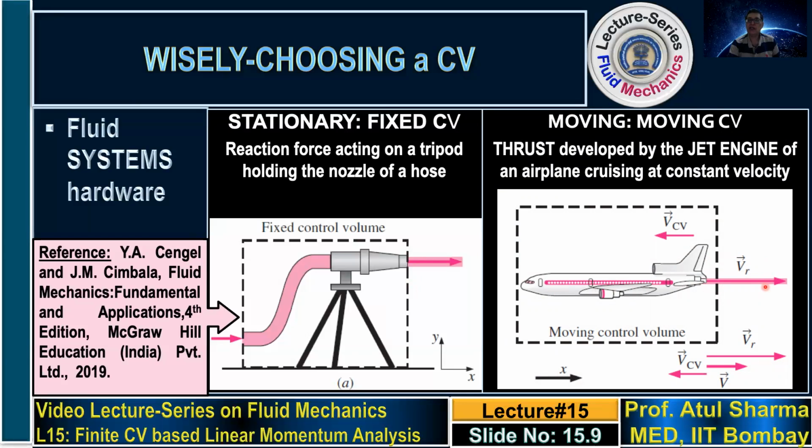These velocities are with respect to fixed ground level. So consider the net exit velocity with respect to this moving control volume. Note that the absolute velocity of the exhaust gas is 500 km per hour, and the aeroplane velocity is 300 km per hour. So we need the relative velocity of the exhaust gas which is leaving, because to calculate the net x momentum flow